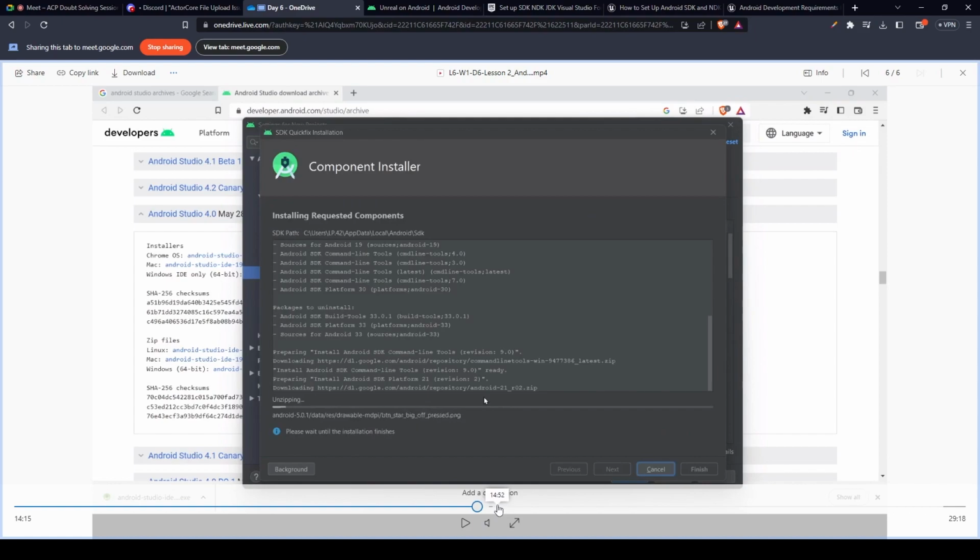This is all I wanted to cover, and you can directly install all your components